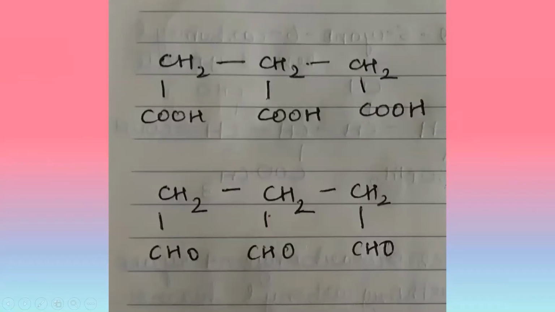In such cases, you don't take all the 3 to be the principal functional group, nor do you take the terminal ones to be in the parent chain and the one in the middle to be a substituent. In these cases, you take all three of them to be substituents. Here I have taken 3 carboxylic acid groups attached to it, and in the second one 3 aldehyde groups attached to it. But the main point is that we do not take these 3 carboxylic acid groups to be the functional groups. We take them to be our normal substituents here.